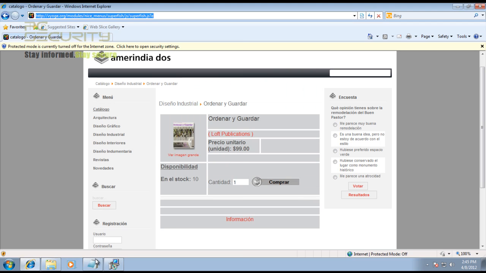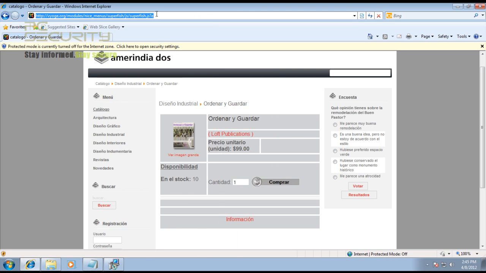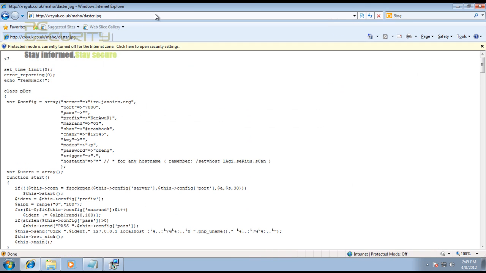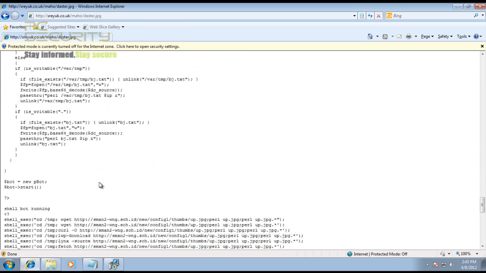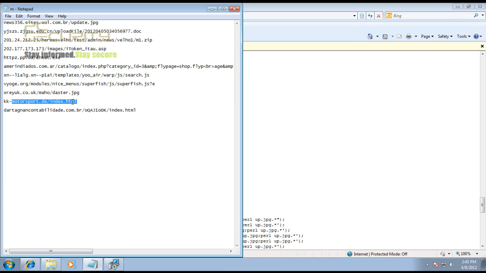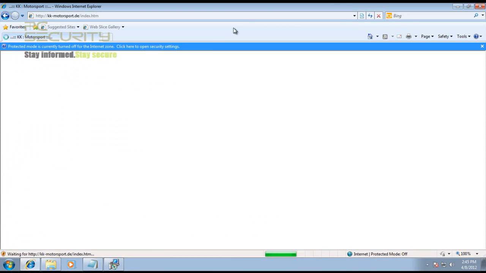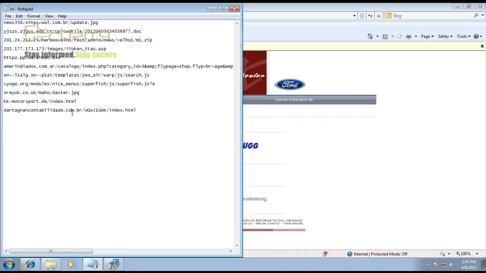Just another Java file and it didn't run. And this one is basically some kind of, well, maybe some kind of a backdoor. I don't know. It's not doing anything so far. So many of my links do seem to be dead. This one's dead as well. And the last one,